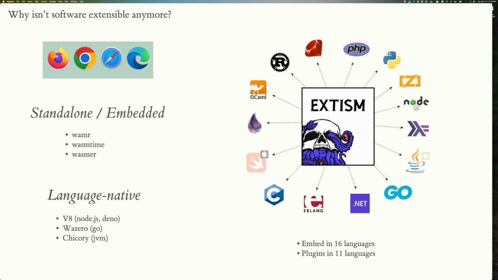If you're just interested in experimenting with this, I would say look at my company's open source project Extism. It doesn't matter what language your app is written in. Right now we support roughly 16 languages, probably more. If you have a Ruby application and you want to run a plugin, it's just going to look like a Ruby function to you. We basically hide all this stuff so that it just feels like calling a function in your native language. We also support at least 11 languages that you can compile a plugin into.